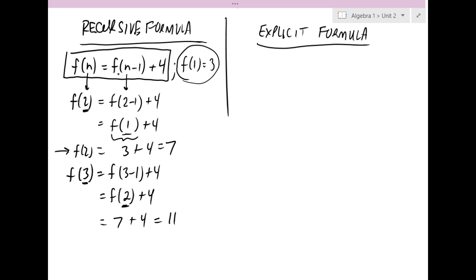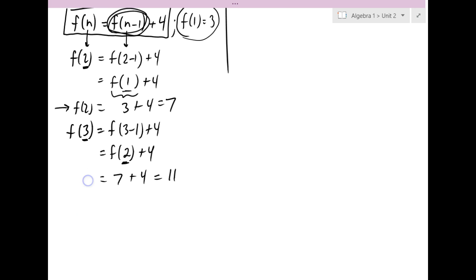So all this is doing right here, the f of n minus 1, all that's doing is it's referencing the term that comes right before it. So I'm going to rewrite this formula. This is f of n equals f of n minus 1 plus 4. When we subtract 1 from the term number, all that's doing is giving us the previous term. So if I want to call this the current term or the next term or something like that, current term